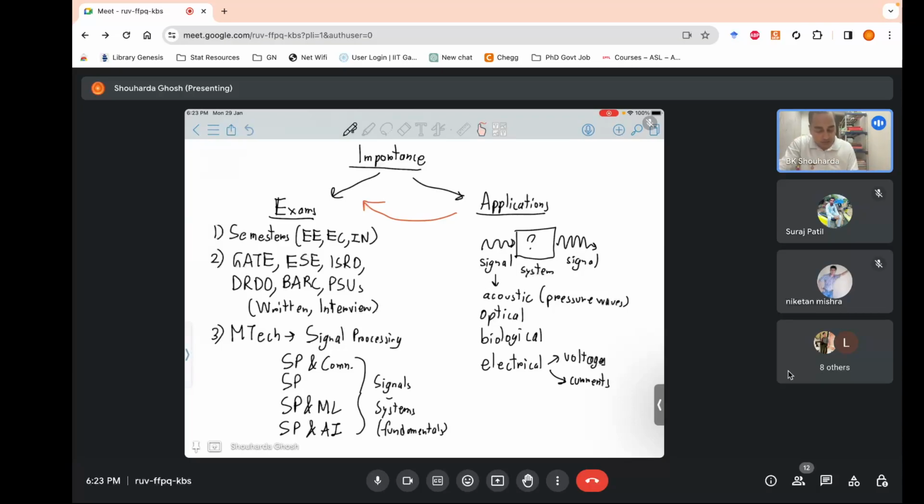Fine. So back to our point, applications: signals get into systems, systems condition your signal, and you get a desired output or an undesired output. You have two things to do. One is analysis. What is this analysis? You have this signal on the input side and the signal at the output side. You have both of these.